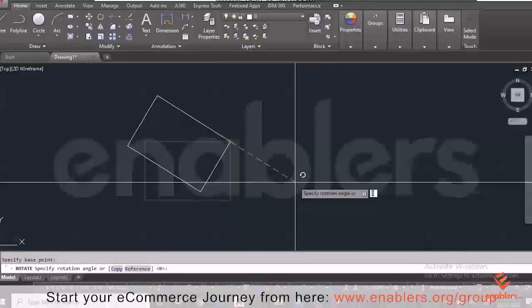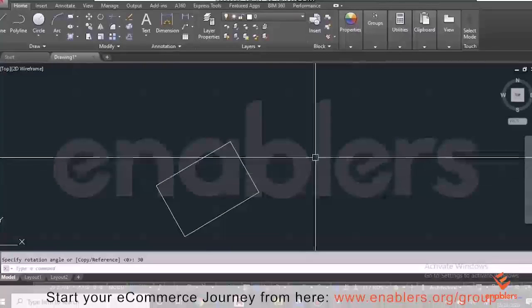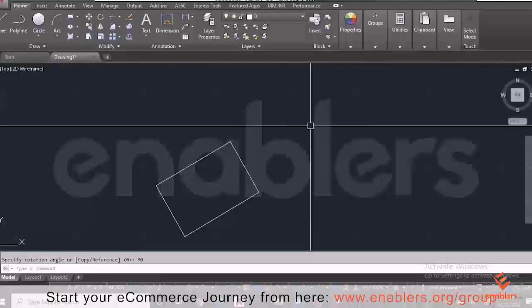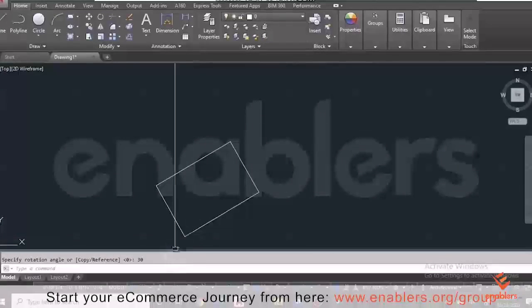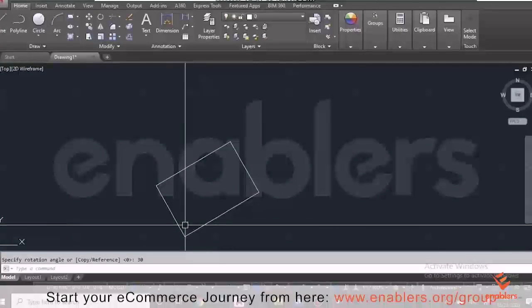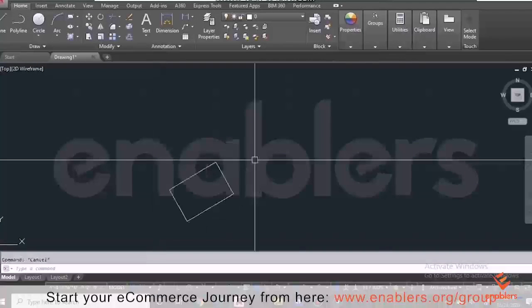So let's type 30 and enter, and look at this. Now the rectangle is rotated to an angle of 30 degrees. The original rectangle was horizontal. It's now 30 degrees with respect to that. Now let's add a circle